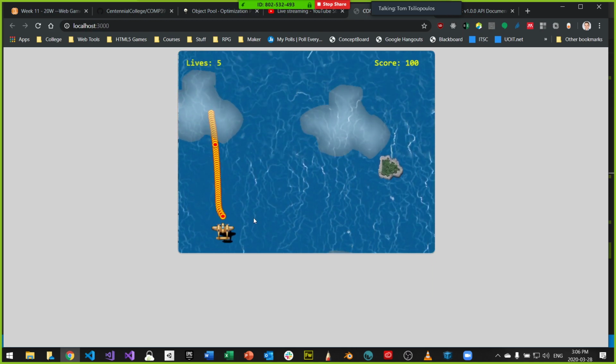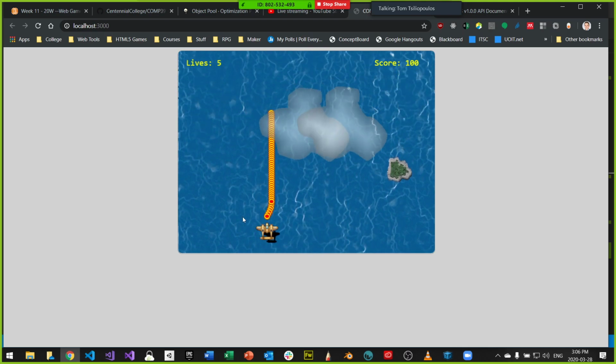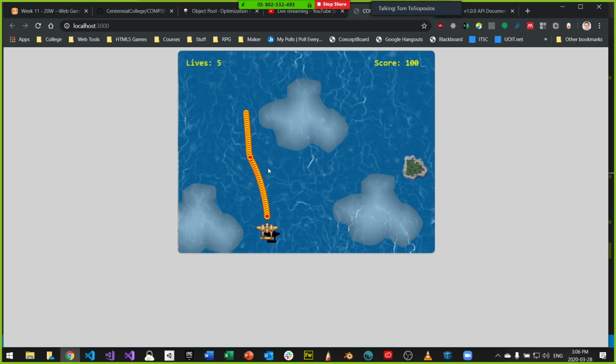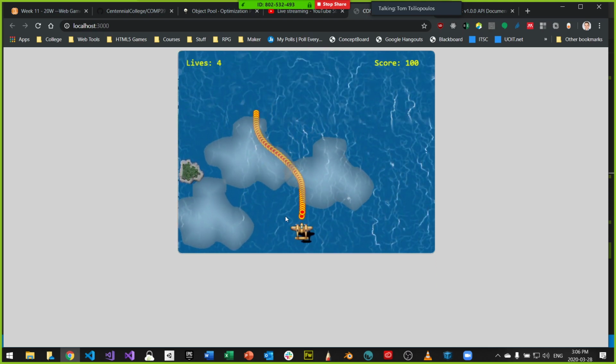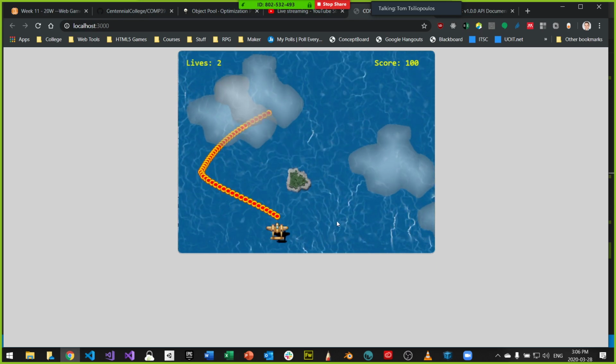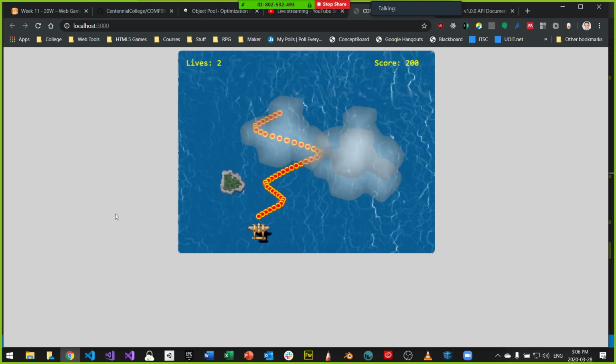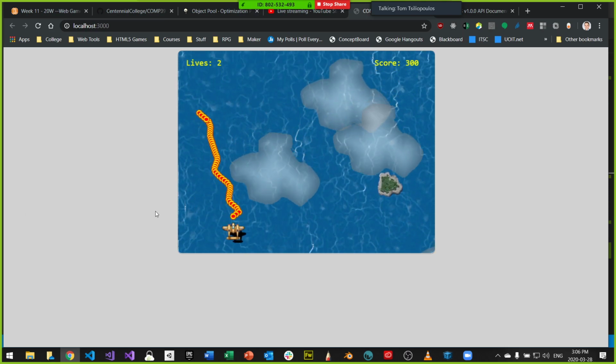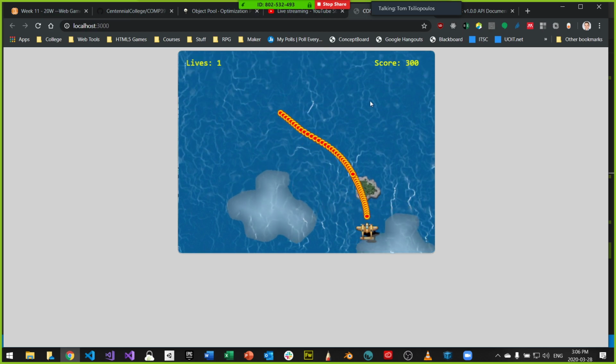If you want these bullets to be off screen, and if you think this is the effect that you want, it's so fast that it's triggering as many bullets as possible. It's almost like a bullet trail. Look, it's a bullet trail. It's kind of a neat little effect, but it's not what we wanted, obviously.